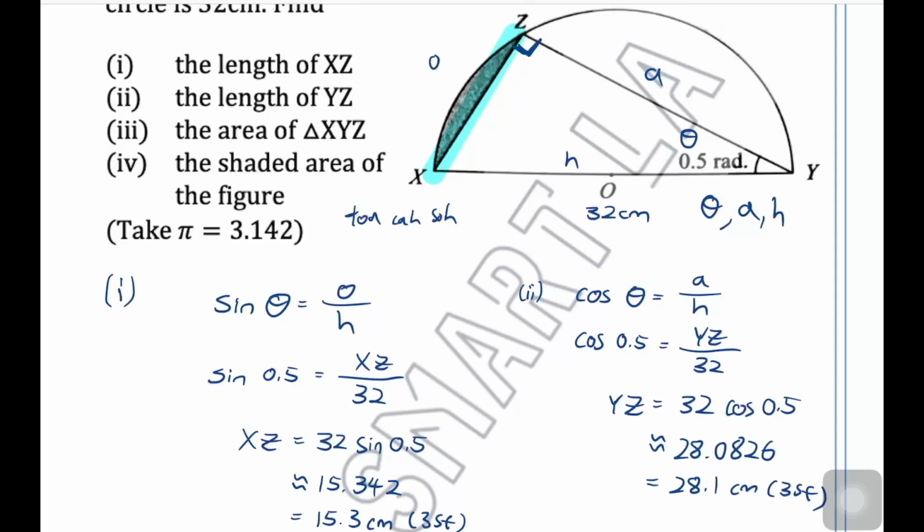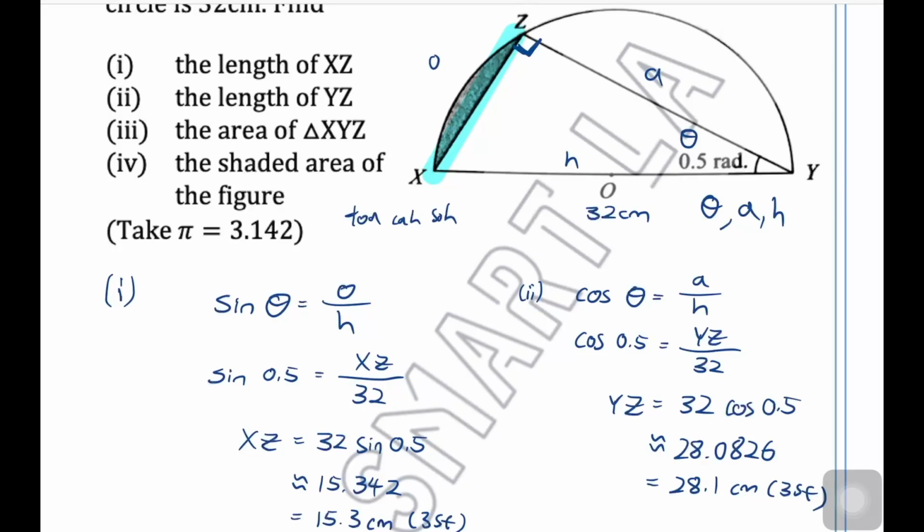Oh, one thing to take note of is that your angle here is in radian. All right, so when you put into your calculator cosine 0.5, sine 0.5, you need to make sure you're in the radian mode and not the degree mode. All right, because if you're in the degree mode, then the answer that you'll get will be very different. So do take note when doing your sine, cosine, tangent, the mode that you're in matters. And the mode that you will be in depends on whether your angle is given in radian or is it given in degree. Okay, if that's all right with you,